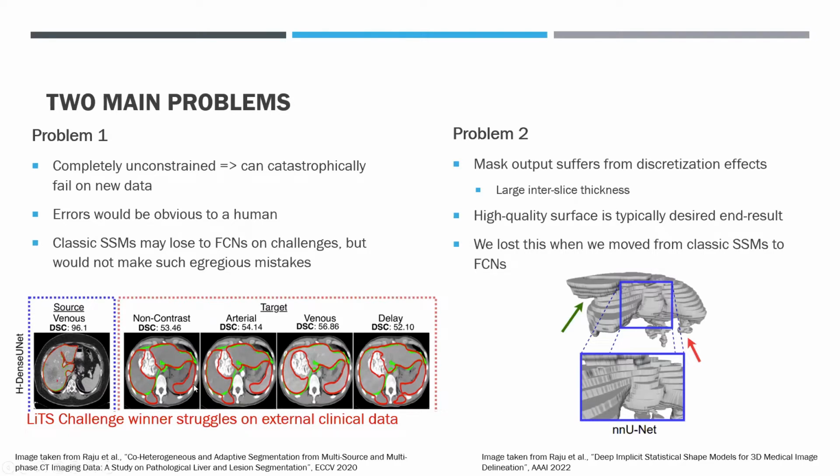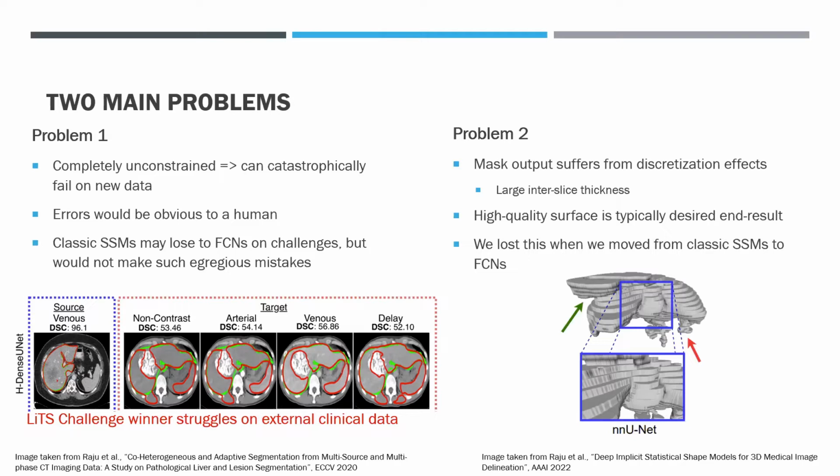Like, for example, here it's leaked into the spleen, and no human would make that error because it's obviously not a liver shape. Liver doesn't follow that shape. And in fact, no classic statistical shape model would make that error either. It also has this huge hole in here because it hasn't seen a treated lesion before, and so it doesn't know what to do. And so while classic statistical shape models may lose to FCNs in challenges, we did lose something in terms of that kind of guarantee, maybe not strict guarantees, but on the confidence in terms of